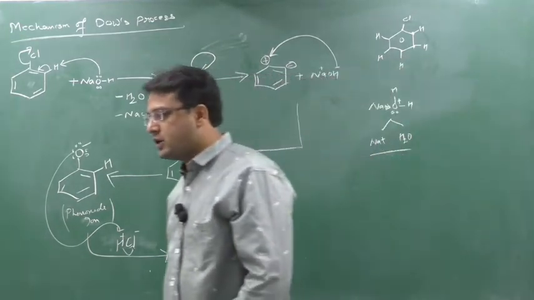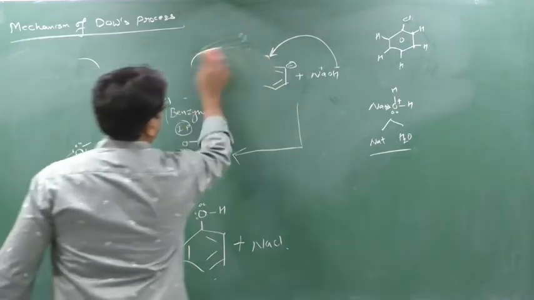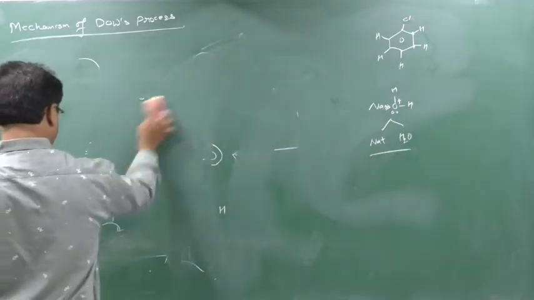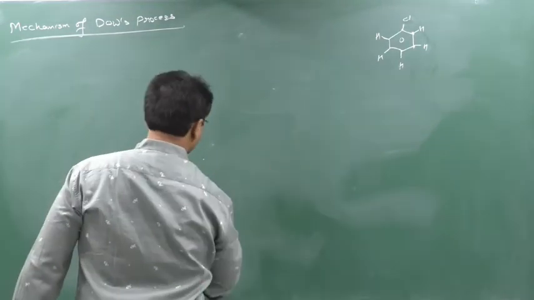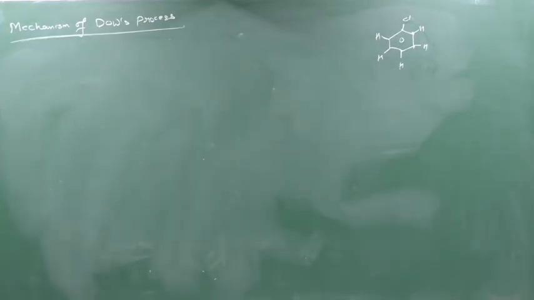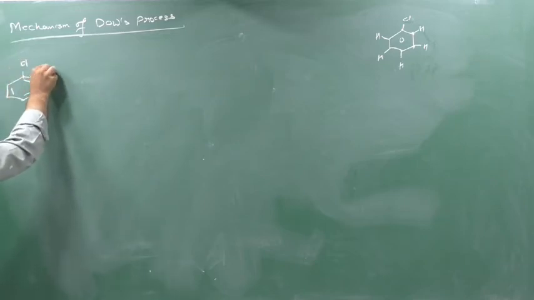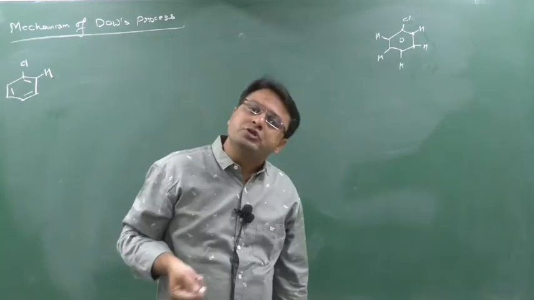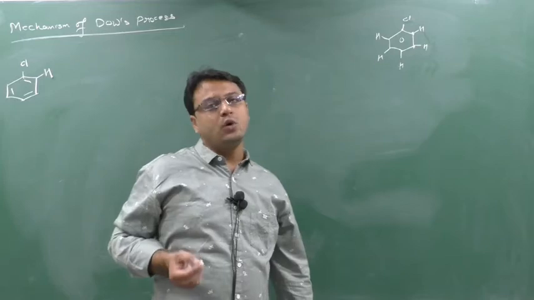Clear? Take a screenshot. Once more I will do the reaction so that it will be very clear to you. Understood this also? Okay. Please focus here. Once more I will do it, then we will move to the cumene process. See here. In the first step we are taking chlorobenzene, and I am showing this ortho hydrogen because it is helping us do the reaction. Why ortho hydrogen? Because ortho hydrogen is more acidic compared to meta and para, so its removal becomes easy.